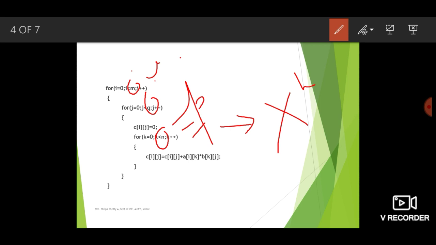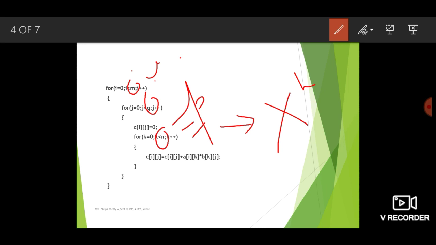Similarly, if you take the second matrix, it is B of 0, 0 into something plus B of 1, 0 into something and plus B of 2, 0 into something. So what do you observe here is, into something is nothing but the element from the other matrix.